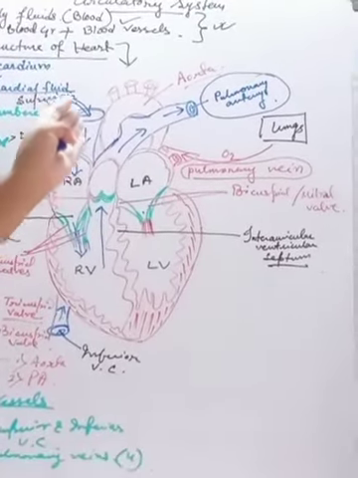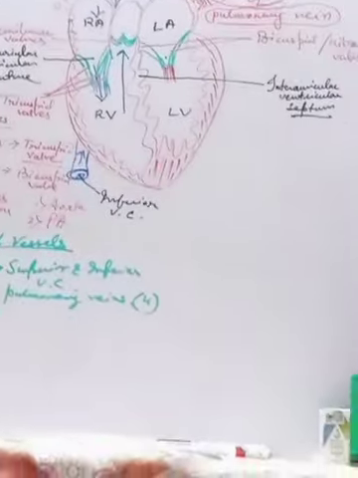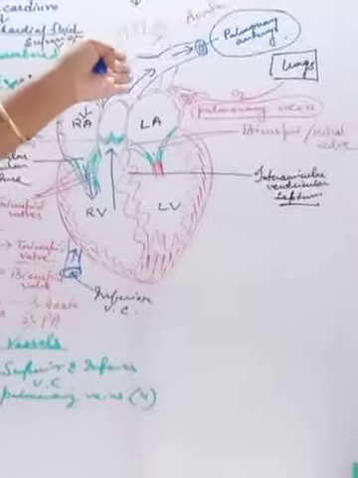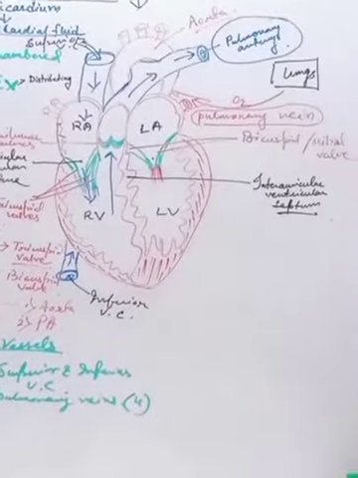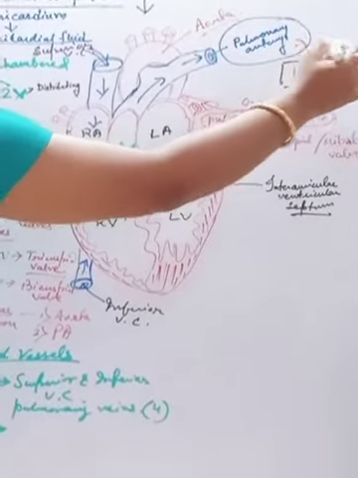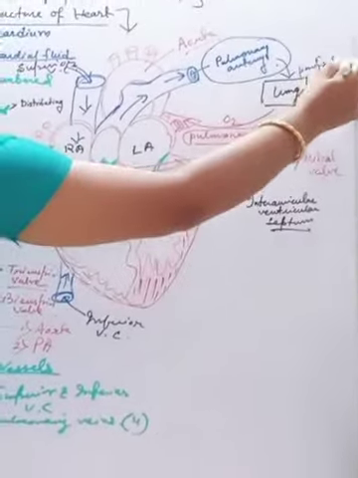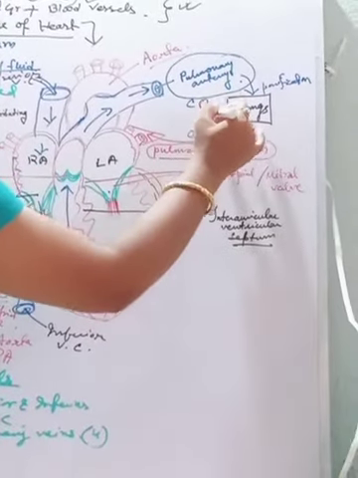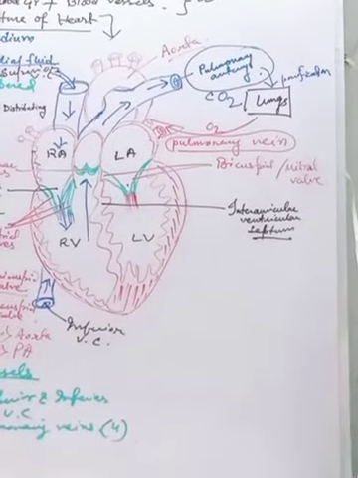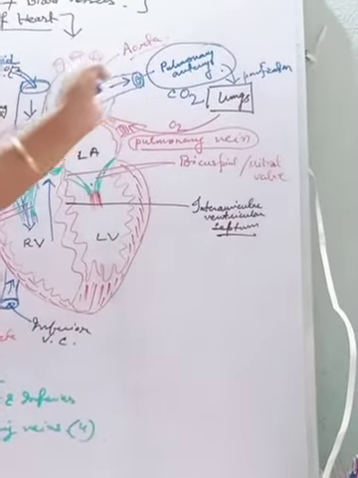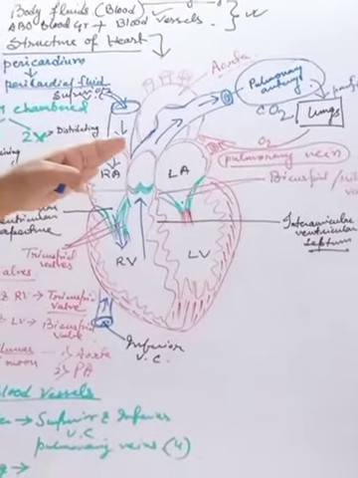So they will take the deoxygenated blood by opening this semilunar valve. The semilunar valve will just open and the blood will be pushed up, and the pulmonary artery will take it and give it to the lungs for purification. So this is carbon dioxide rich blood entering into the lungs for purification. So here is all about what? It is coming out of the heart, isn't it? So they are called the leaving blood vessels.